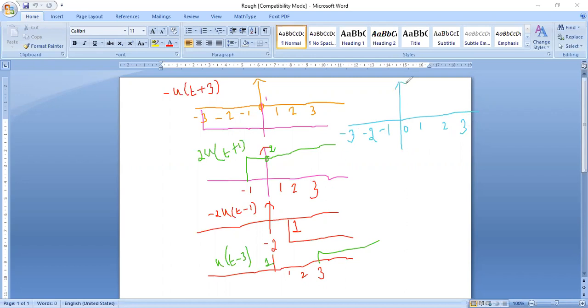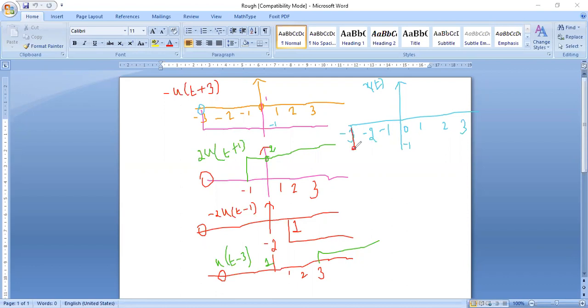My y-axis is x of t as per the question. Now I want to see all the 4 diagrams properly. At minus 3, from the first diagram, I have an amplitude of minus 1. But for the other diagrams, I do not have anything at minus 3. So I will maintain minus 3 as minus 1 only, because I do not have anything to add. The second, third and fourth diagrams have nothing at minus 3. So at minus 3, I have maintained the amplitude as minus 1.